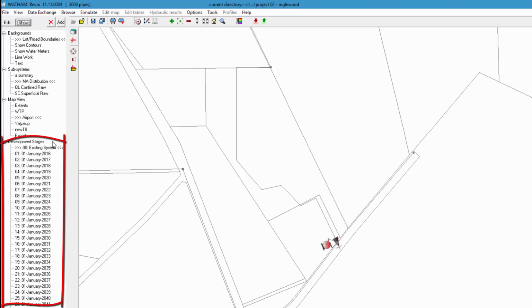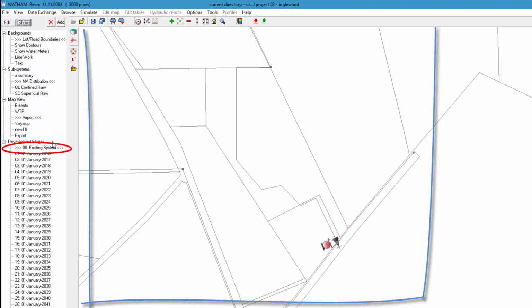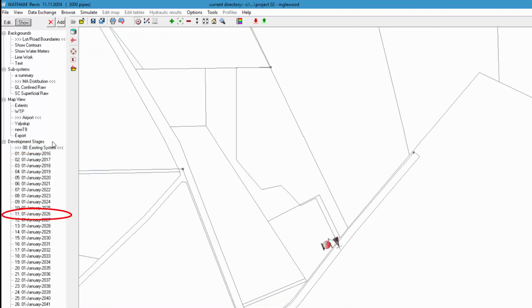Development stages are points in time defined by a user-specified calendar date. The selection tree's chevrons here indicate that the model is currently simulating only the existing assets and existing customer demands. The pipes, pump and valve on the map that we can see are drawn grey, indicating that they are future assets, not existing assets. If I select stage 11, the 1st of January 26,